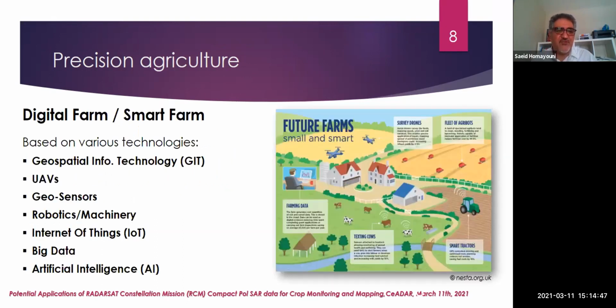So the concept of digital farm or a smart farm is actually very, very popular these days. So everything is connected via internet, and we are using UAV, geosensor, robotics and machinery, Internet of Things, and also big data and artificial intelligence to provide reliable, accurate, and up-to-date information for both farmers and farm managers, and also sometimes for the scientists who are working